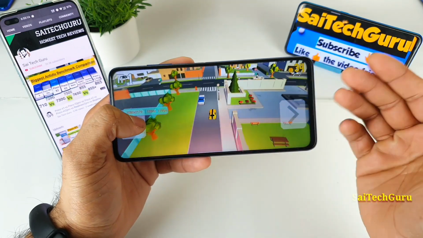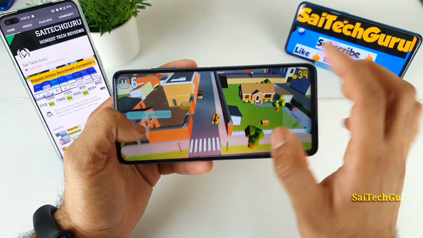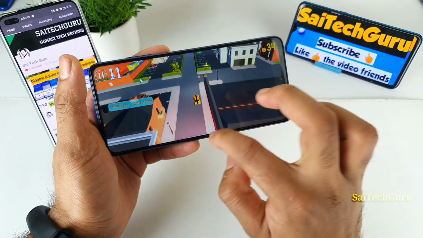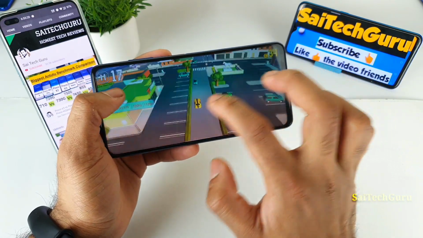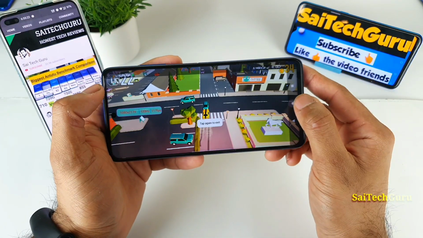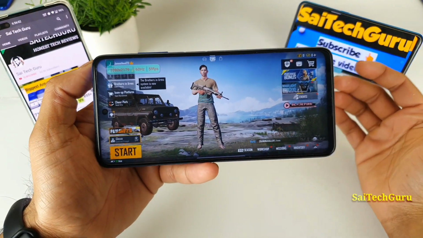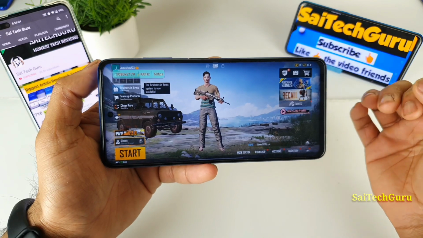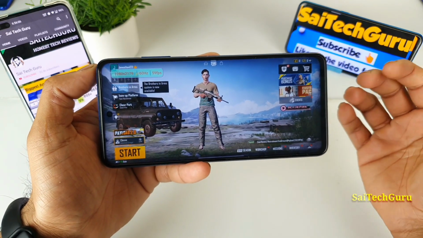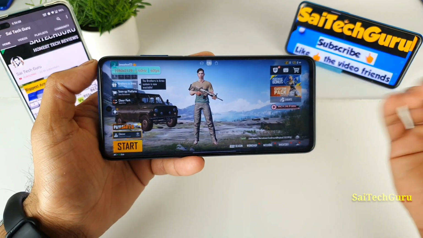Right now you can see this is a game which supports 120 FPS, and you can clearly see the 120 FPS on the FPS count meter without any problem. So overall, playing at 90 FPS at the moment, I don't know how. Definitely, if you guys know any other solution for this one, do comment below.